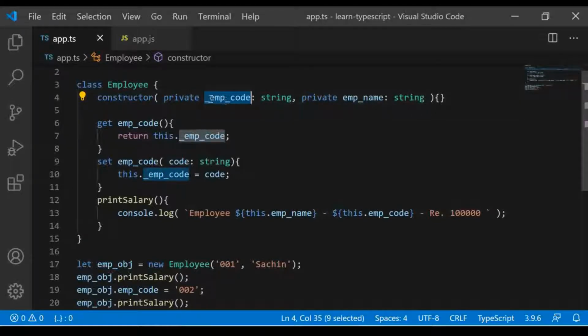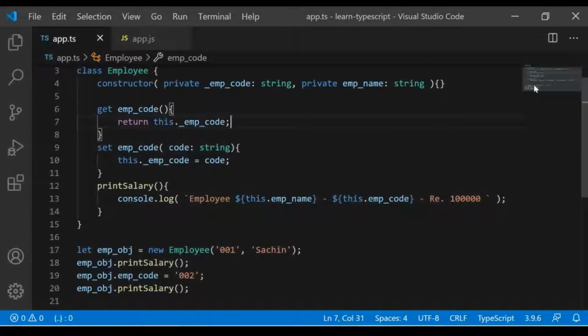I hope I have cleared what access modifiers are. Access modifiers are able to change the scope of these class level fields. So using private, you're restricting the scope within the class. In case it was public, then it was available in the global space, and from anywhere, from any class, it was able to access these variables. And in case it was protected, then only the classes which are subclasses of this employee class will be able to access this.